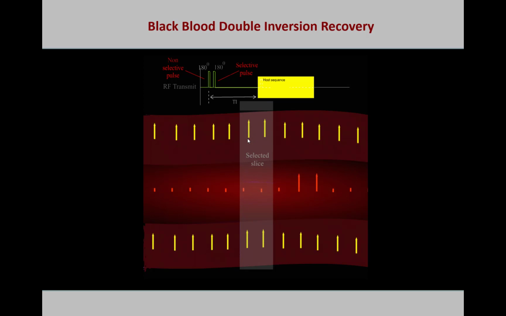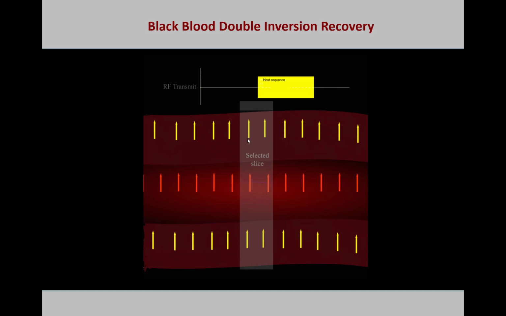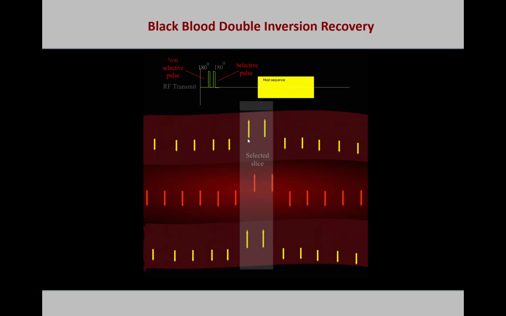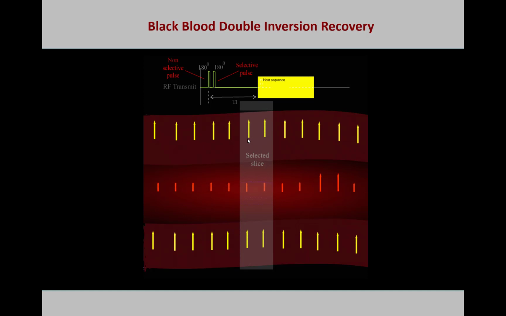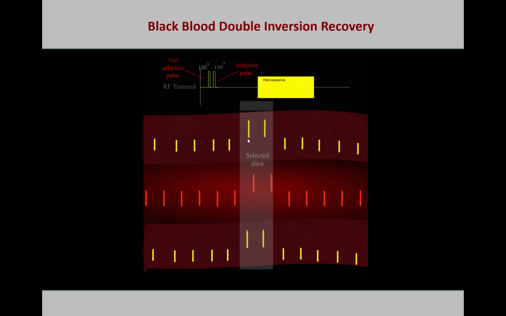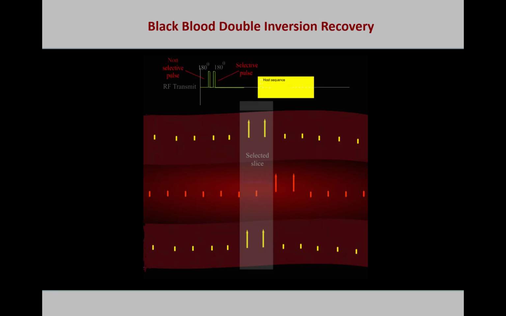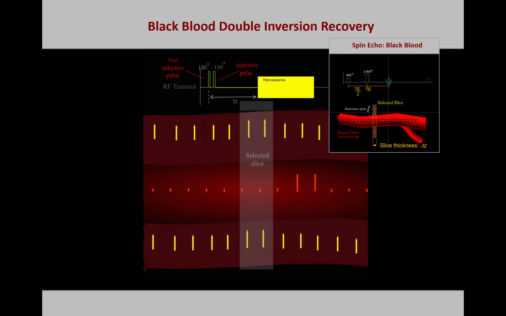So the longitudinal component of the stationary spins in the slice, in other words, the ones that are not flowing, remain unaffected, whereas the blood flowing into the slice, because of the way we've chosen the TI time, is going to be nulled. Okay, so remember we introduced the idea of this inversion recovery sequence to help solve the problem with the